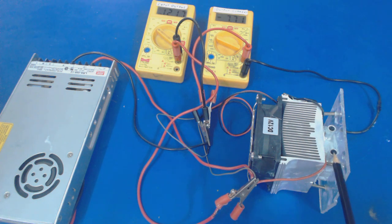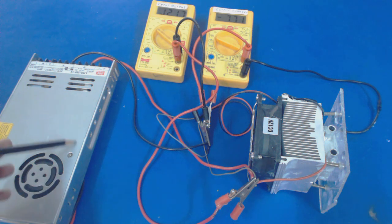At its cooler side, we are using this water cooling block for cooling the water. For a proper contact and pressure between these components, we are using these screw terminals. So at input side, this is a 12 volt constant voltage source supply,